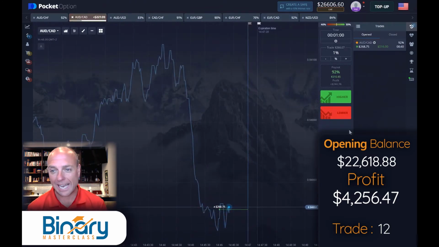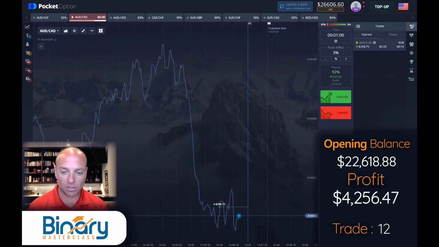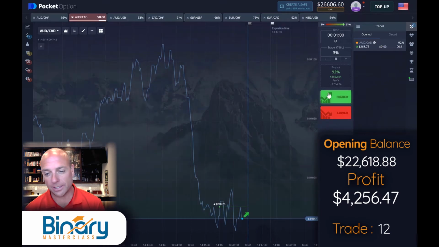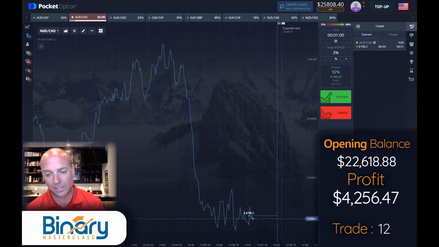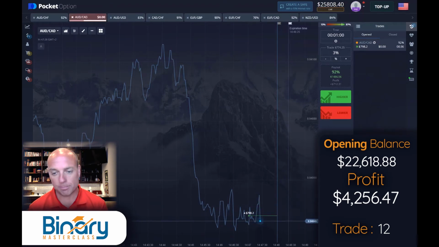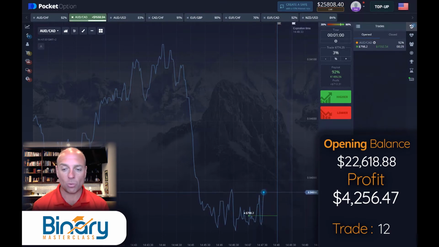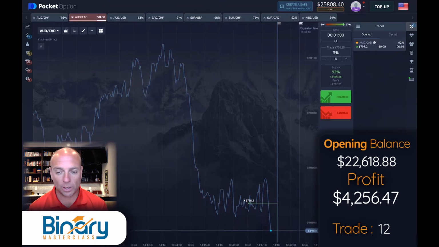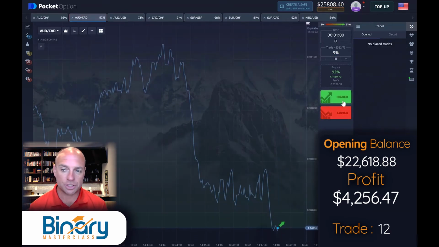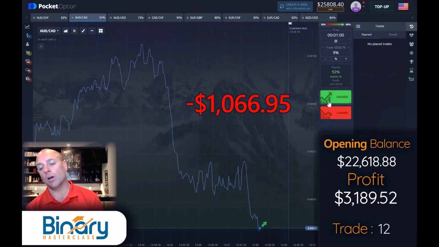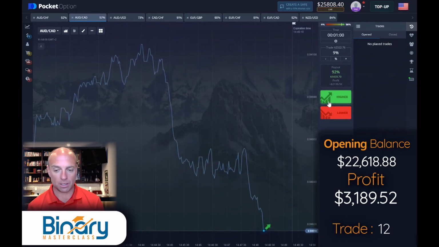We do get into an Aussie CAD trade right here, though, that goes sideways on us. It's down at a support. It's just having trouble at that support. And had our entry been timed a little bit differently, we might have won that first, but we didn't quite get the bottom of that range. So we're in our second. Again, it's messing around at that support. It's trying to figure out what direction it wants to go. And had our entry been placed slightly different, we might have won it, but it does break down through that support, gets into that next level, and we lost confidence on the timing of that particular pair.